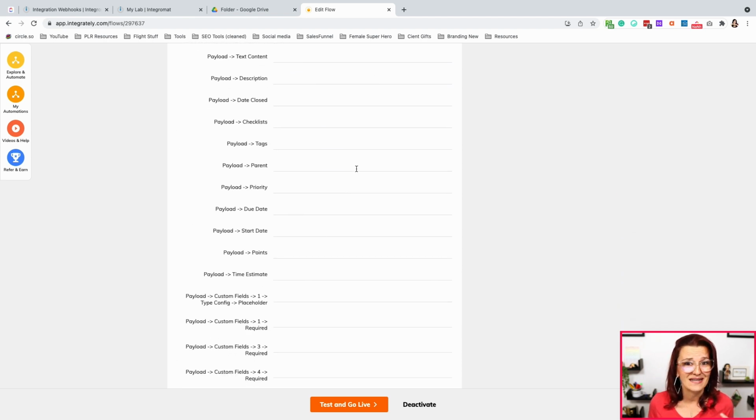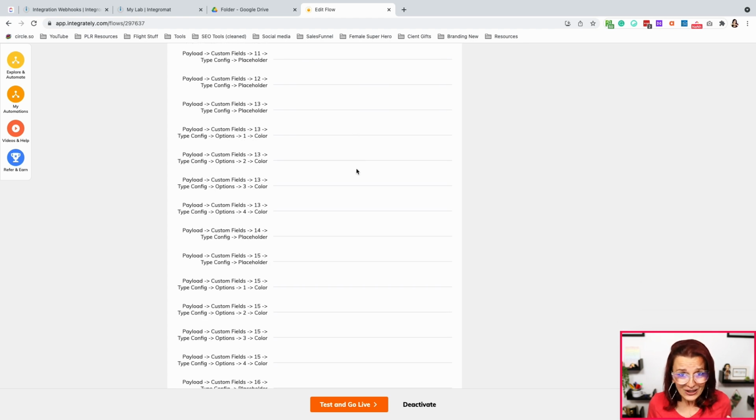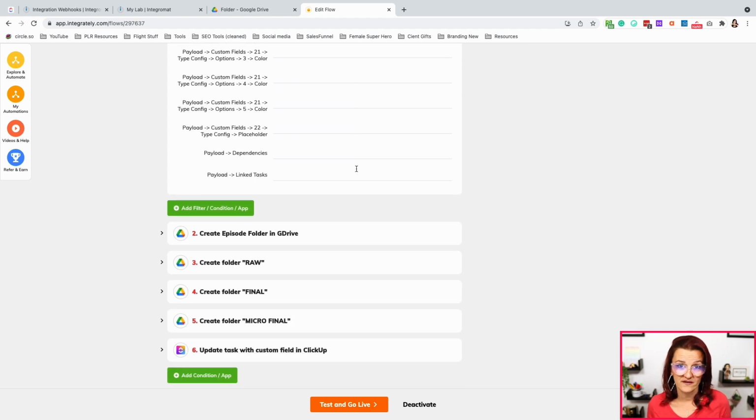Now imagine we would set up a tool like Integromat to pull all of this information and check every single time. You see how much resources you suddenly would need and why a webhook is such a big advantage? Cool. Integrately got all of this information. And by the way, I chose Integrately for this automation because I had issues with Integromat as of late to pull in all of the custom fields with the webhook. And I didn't have any problems with Integrately, which is why we went this route. I just like easy and things working.